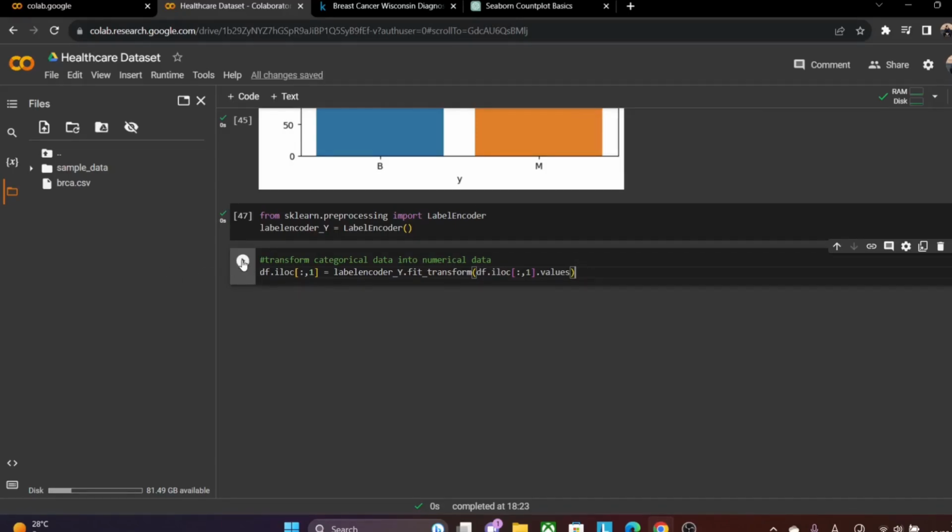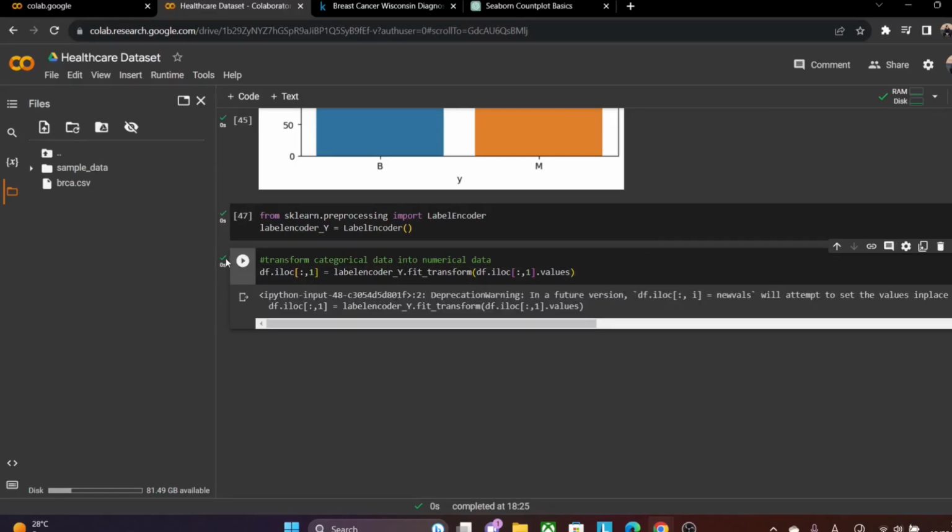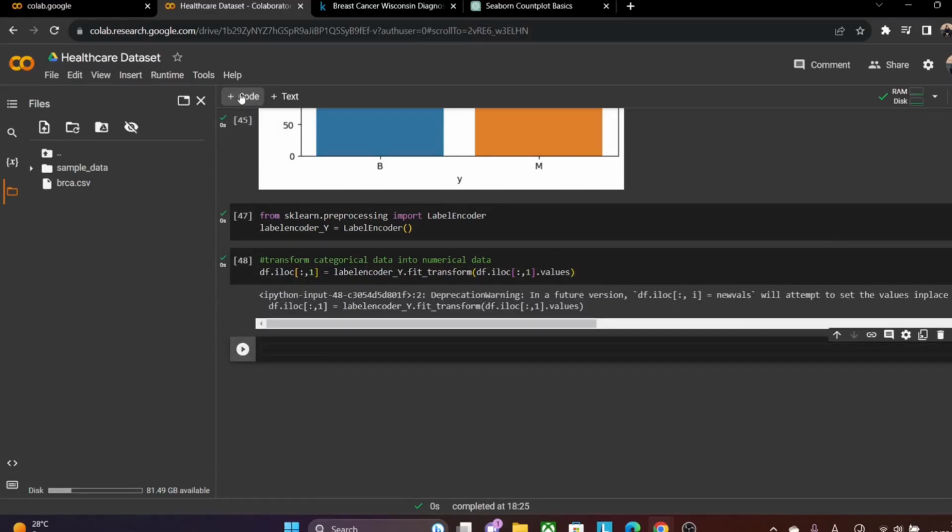So we do this, and this should transform our data. It runs, it's okay, so the data runs, and the df.iloc location, which is basically